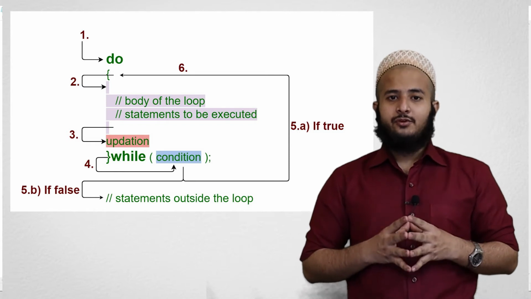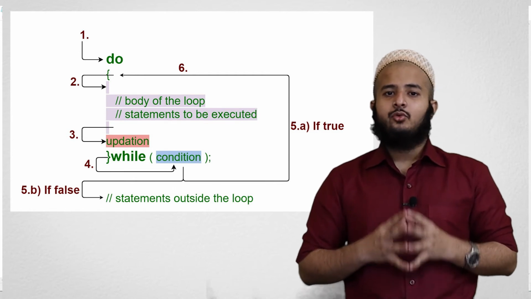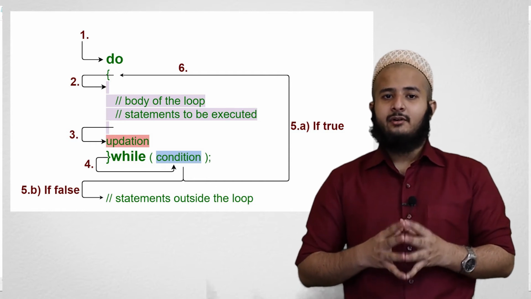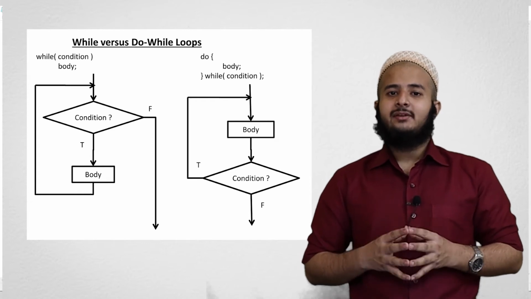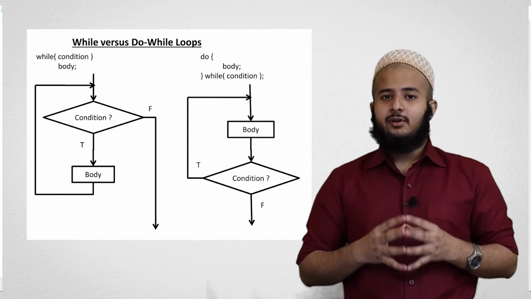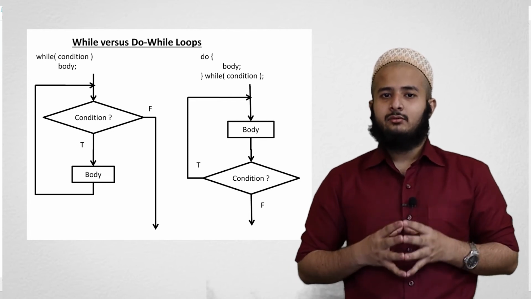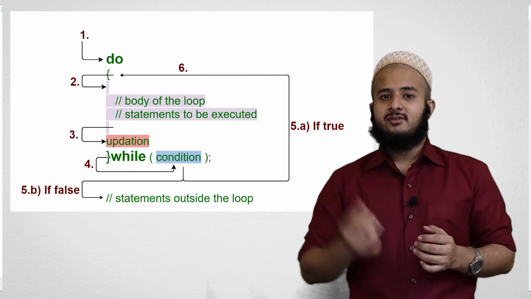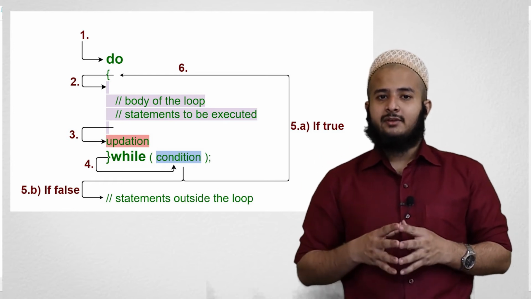So in the do-while loop, first there is a do block and we put our code inside the do block. And at the end of the do block, we have to mention the condition inside the bracket. So if we compare the syntax of the do-while loop and the while loop, in the while loop, we mention the while keyword and the condition at the start of the loop. And in the do-while loop, first we put our code inside the do block and at the end of the do block, we check the condition. So this do block is the signature of the do-while loop, or we can say this do block is a sign of the do-while loop. If there is a do block in the code, then that do block determines the do-while loop.